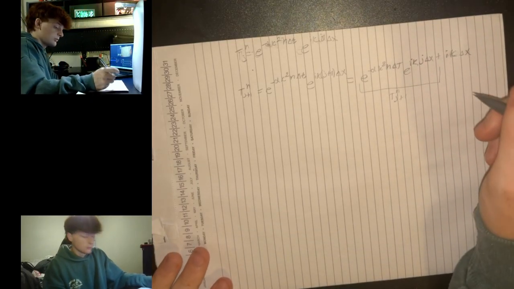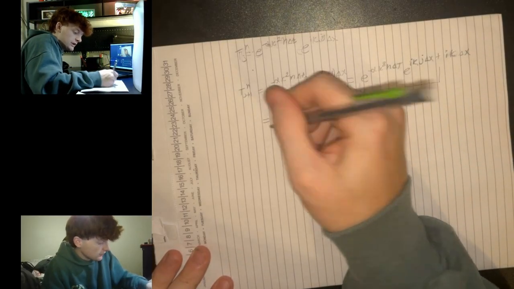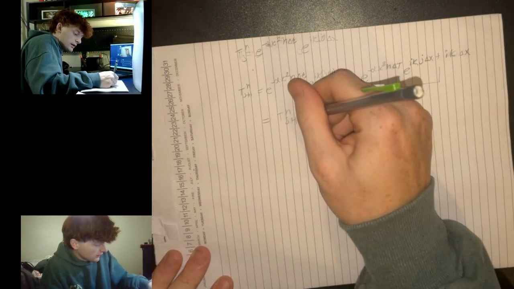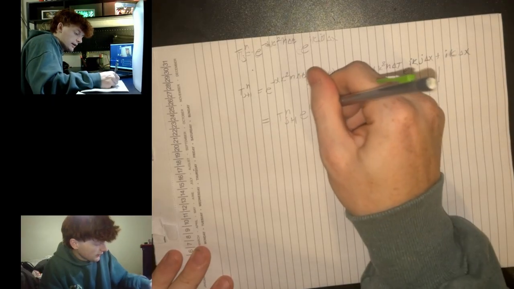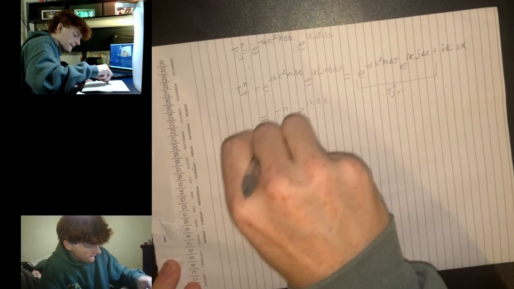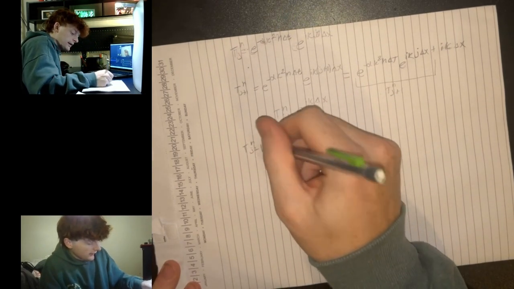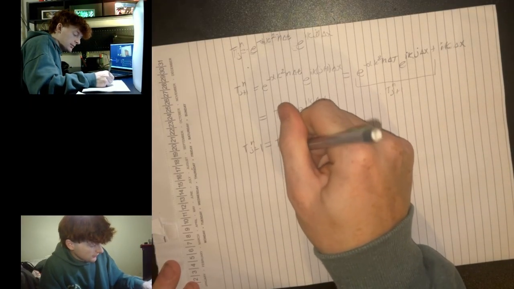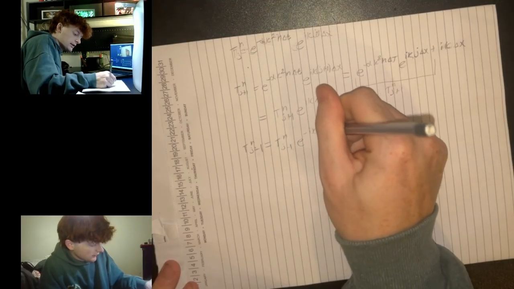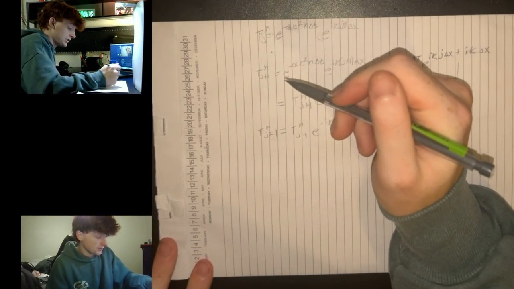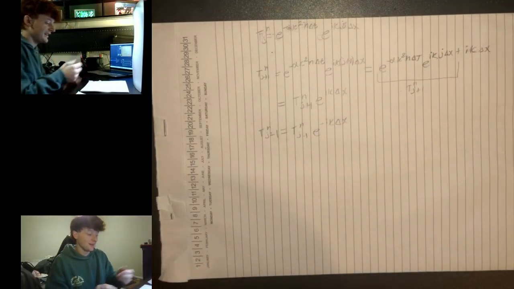Okay, so we can then substitute that in, and this will equal T_j+1^n e^(ikΔx). And then we can go ahead and do the same thing for T_j-1. That will just be a negative there, so it'll just be T_j-1^n e^(-ikΔx). Okay, so now that we have our T_j^n, T_j+1^n, and T_j-1^n,